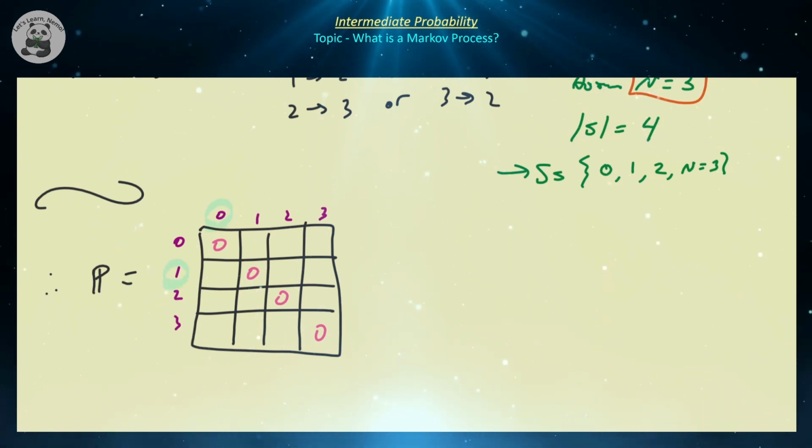So what's the probability of going from 0 to 1? That's guaranteed because there are no particles to decrease it, so it has to come from the other. So that's guaranteed to happen. And therefore, since that's equal to 1, all of the other values in that column are going to be equal to 0.